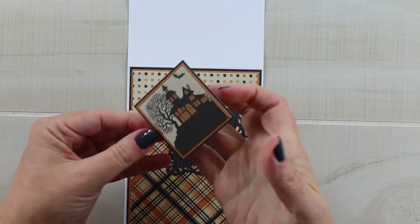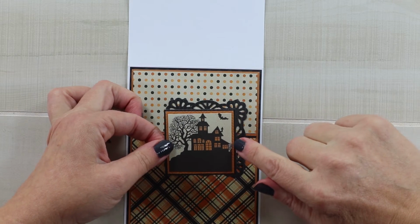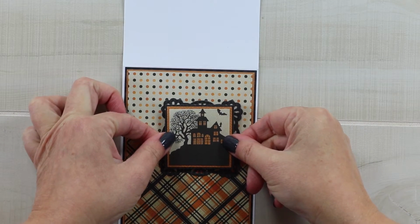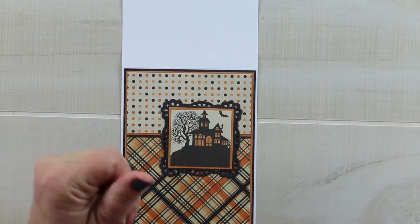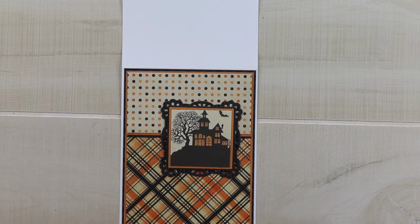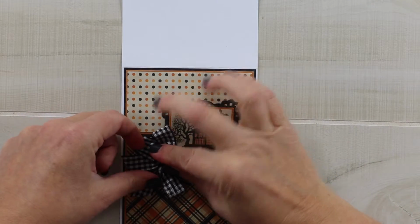There were 3 of the 2x2 cut aparts, and I have matted them again with that orange and the black. And I popped that up with a foam spacer so that I could get some dimension. And then another of those plaid bows. I used this plaid all the way throughout these cards because I thought it worked so well and they had a more consistent look. So here is this at the bottom, and this is going to be card 2,